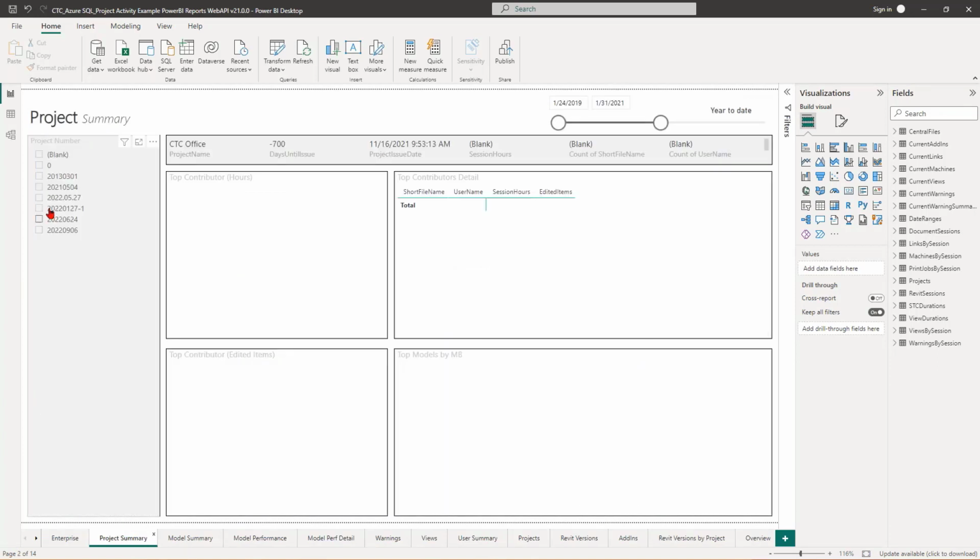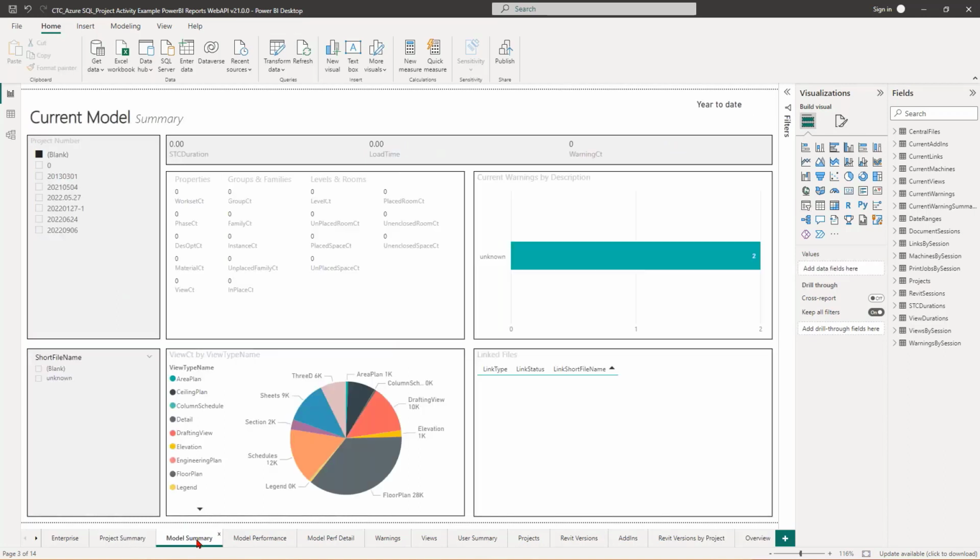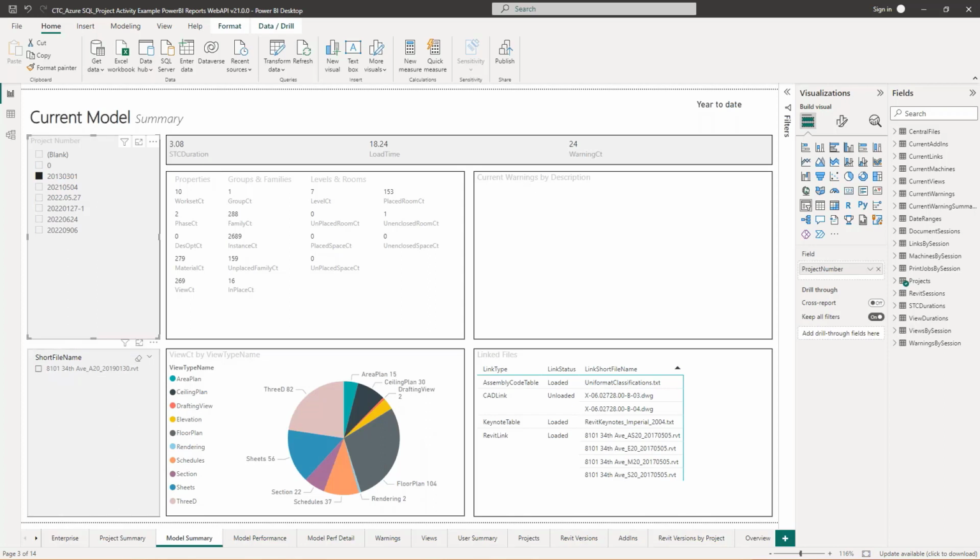So we can set up projects and give them project numbers that match the project numbering system that we're using in our office. And I can start to dig in and find out more information about certain files. I can start to figure out stuff about the model and the project. Depending on the files you're working with, or the projects and how you set them up and how many Revit files are associated with that project, you can pick the number and pick the file and start looking at various things like how many worksets,